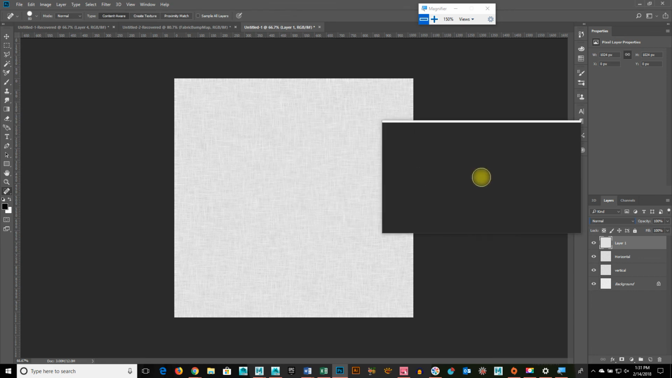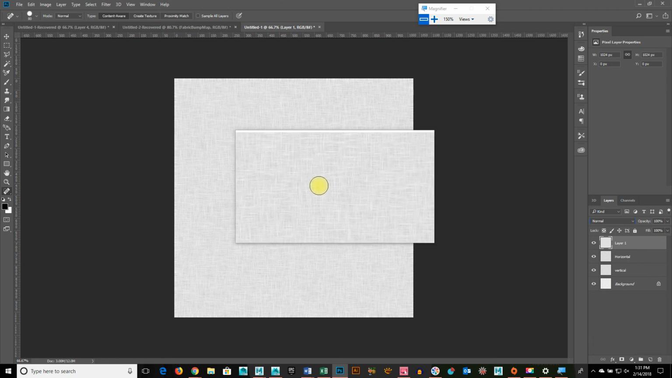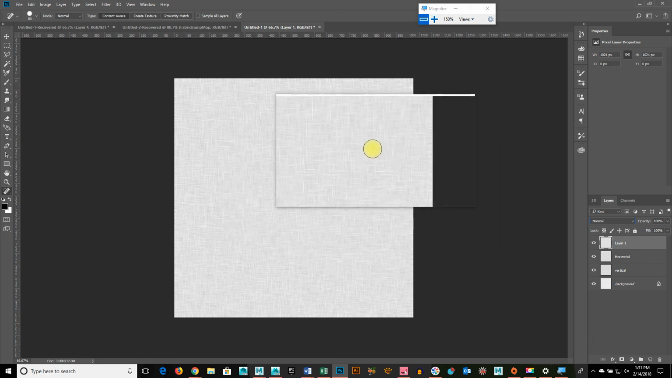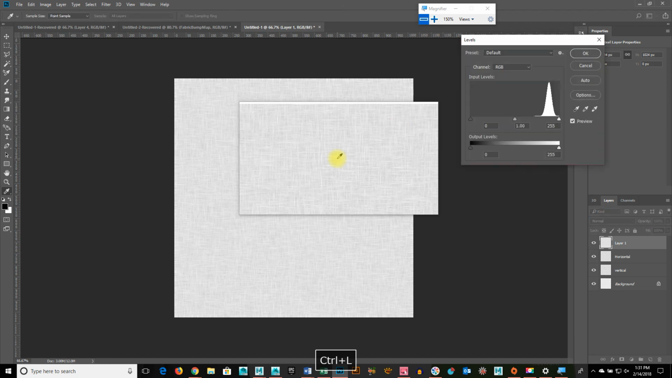That creates a new layer. Yep, a flattened version of what we saw. So it doesn't need the blending modes. This is a flattened piece. And now, if I hit Control L for levels,